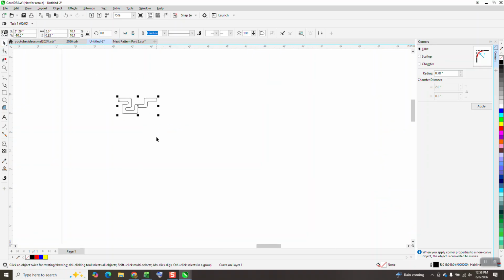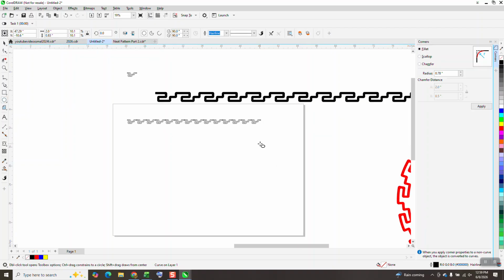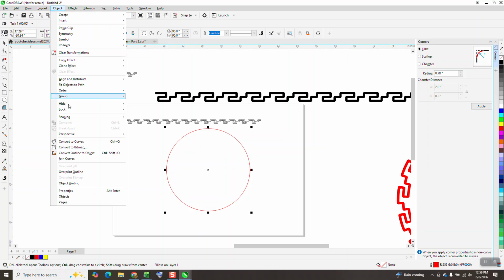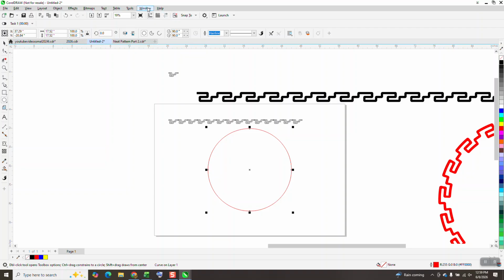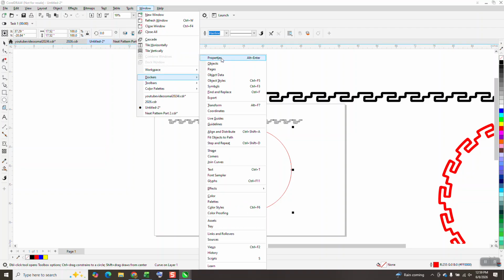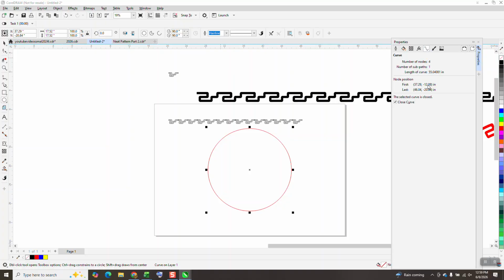Since I'm going to do this two different ways, I'm going to make a duplicate of that and move it out of the way. Now I'm going to set my nudge factor on 2 inches. But before I get too far, I'm going to make an ellipse. And I'm going to hit P. I want to know how long that ellipse is. I've got to go to object and convert it to a curve. We don't need this anymore. I'm going to go to Windows, Dockers, and Properties. And I'm going to find out by hitting this squiggly curve line that this thing is